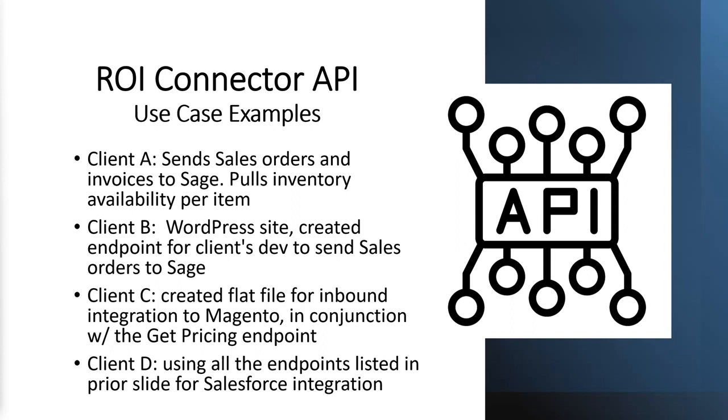The second client was someone who had a WordPress site. WordPress is what WooCommerce is built on, but WooCommerce is basically an add-on to a WordPress site. WordPress is the system, but it's not the shopping cart. WooCommerce is the shopping cart. Drop it on top of a WordPress site. They created a WordPress site, and their